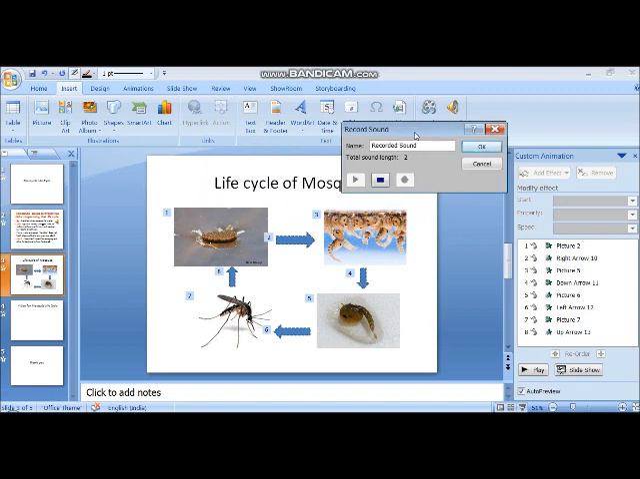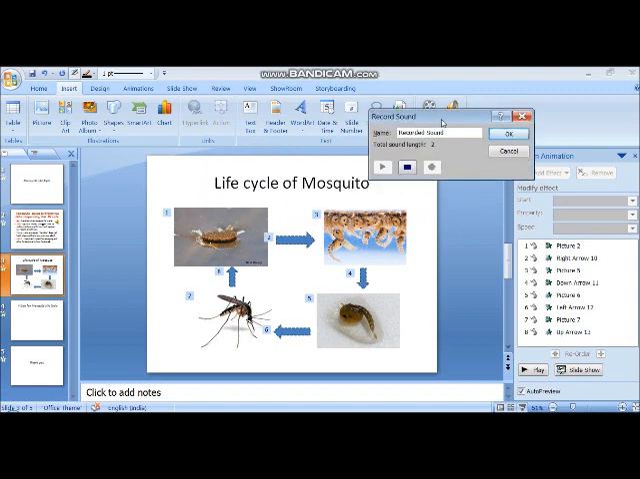This picture shows you life cycle of mosquito. The first phase of mosquito is your eggs. Eggs are hatched into your water. Then larva is there. And after the larva, pupa will be developed, and pupa will be converted into your adult